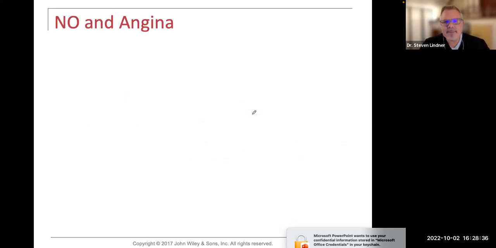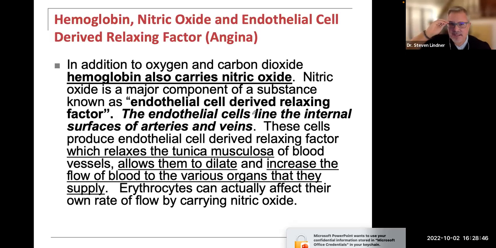Let's look at nitric oxide, since we mentioned it, and talk about angina. Angina, or angina pectoris, is chest pain. So in addition to oxygen and carbon dioxide, hemoglobin can carry NO, or nitric oxide. And nitric oxide is a major component of something referred to as endothelial cell derived relaxing factor. And these endothelial cells line the internal surface of arteries and veins. And these cells produce endothelial cell derived relaxing factor, which will have an impact on the smooth muscle of the